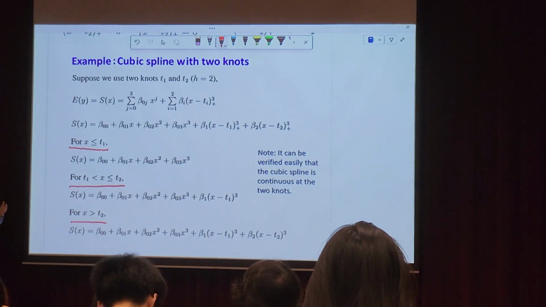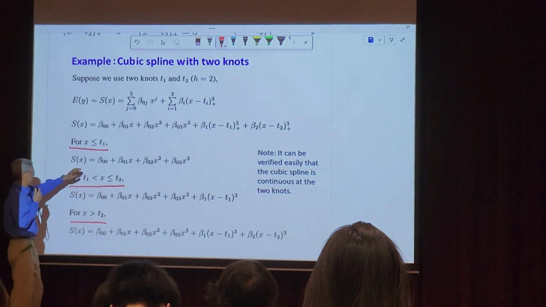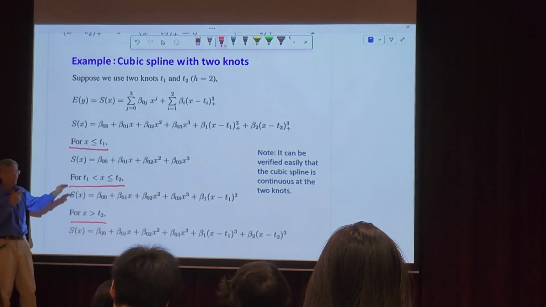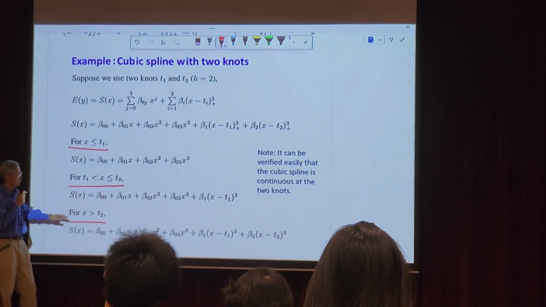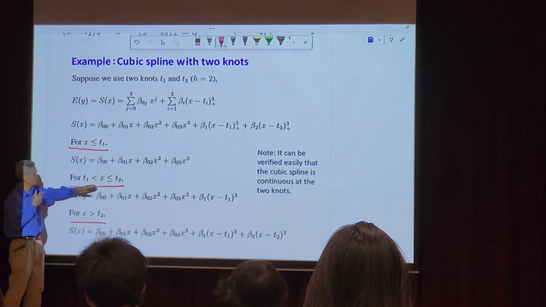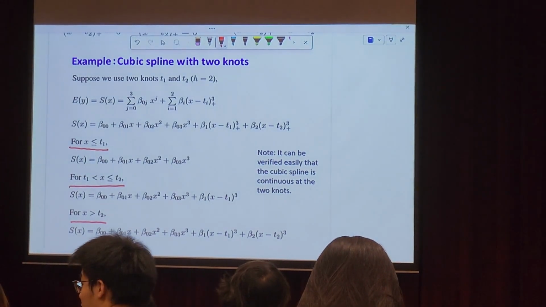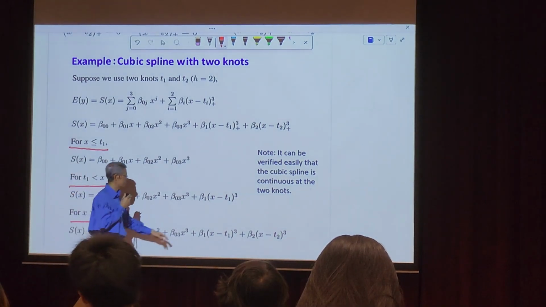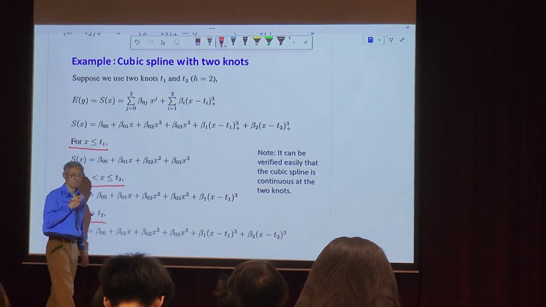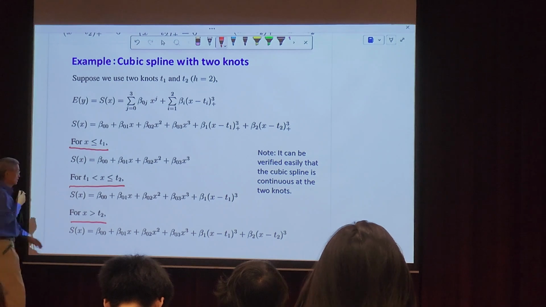Remember my objective. My objective is to fit a cubic polynomial that is continuous at all the nodes. So I have defined a polynomial here. I have defined a polynomial in the second segment or the middle segment. How do I ensure that these 2 are continuous at T1? In fact, if you look carefully now at this